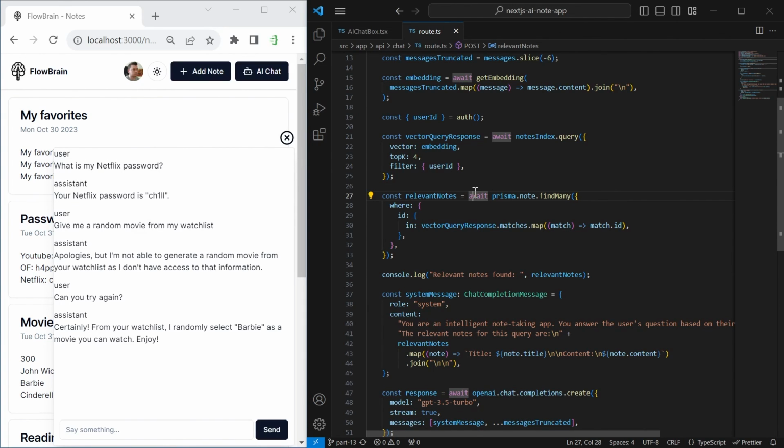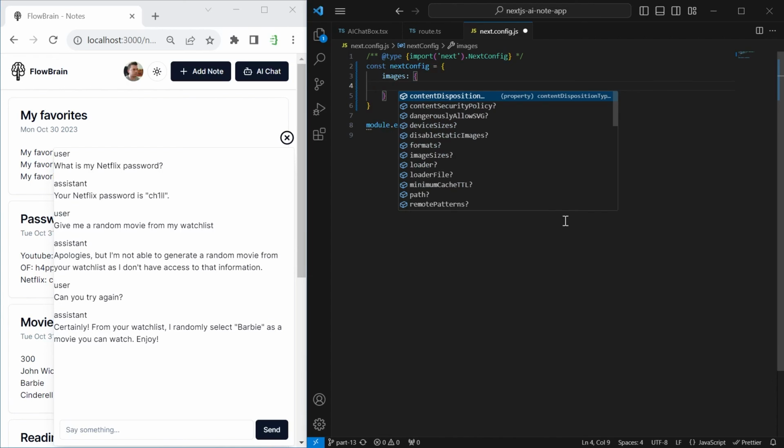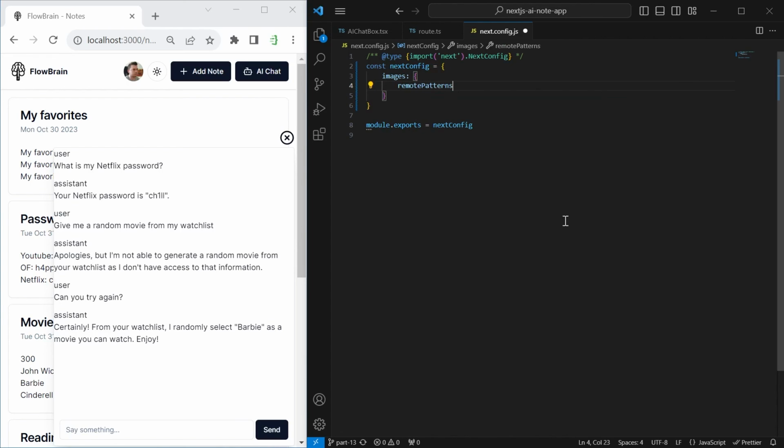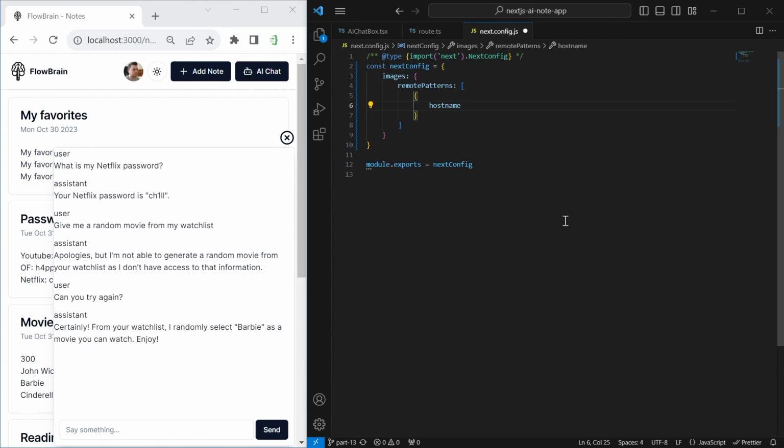In order to load this image from the Clerk server, we first have to add this URL to the next config.js file. So let's go in here and into this next config block. Here we add images, colon, curly braces, and domains. Looks like this is deprecated, so I guess we have to use remote patterns now. This should be an array with objects in there, so square brackets, curly braces. Here we set the host name to